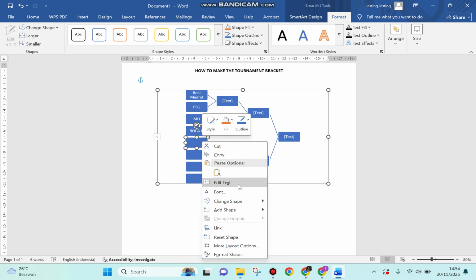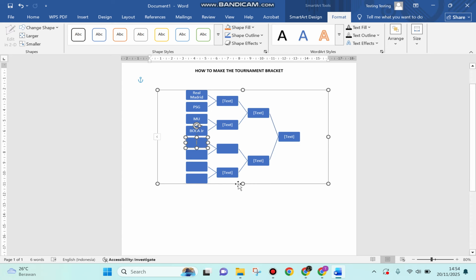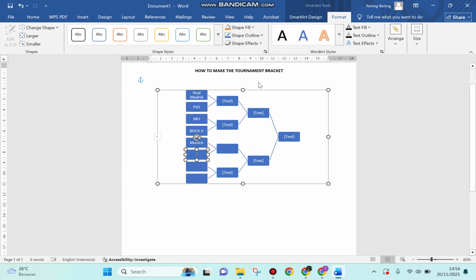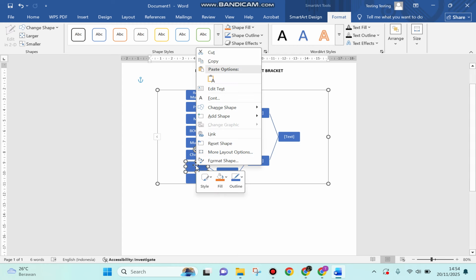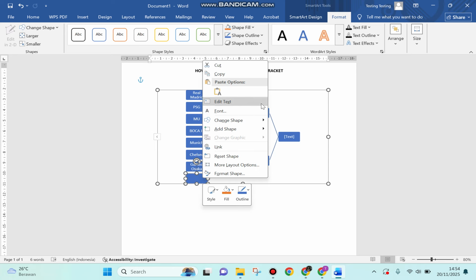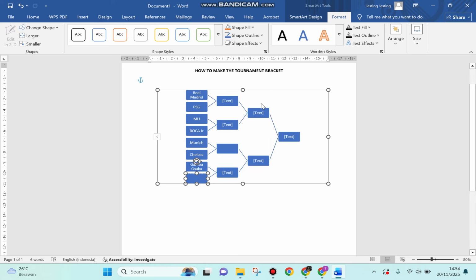And for this one, for example Munich, and this one will be for example Chelsea. And for this one I will choose, for example, Gamba Osaka. And for this one, I would say maybe FC Porto,